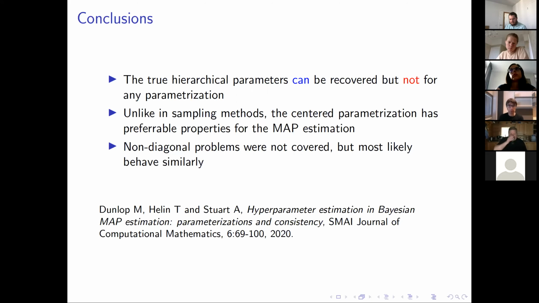studying MAP estimators also in those cases, because looking at these variational problems and studying them is conceptually easier. And so I think with that I can end my talk, and if you want to read more,